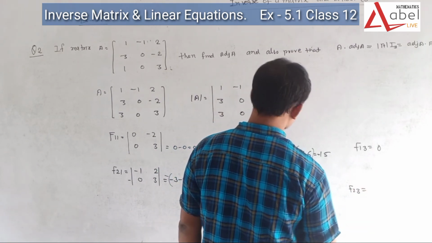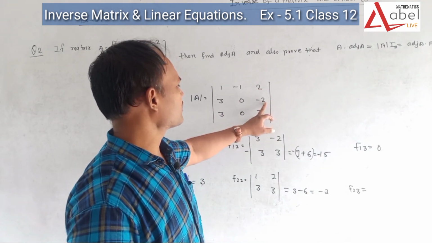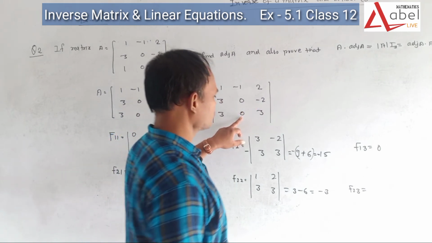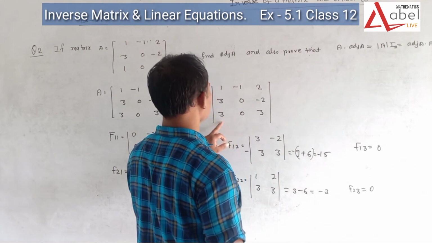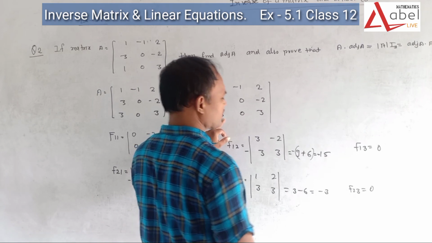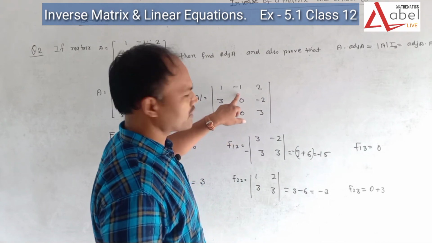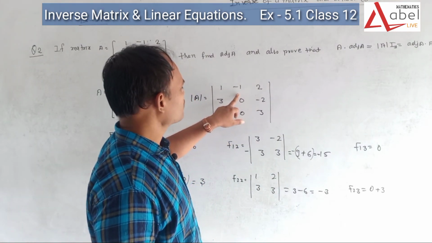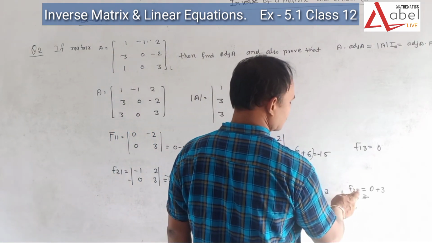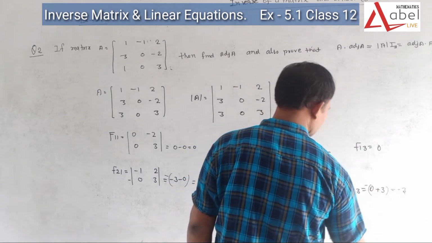So what is F23? F23 means we are going to find it with respect to minus 2. So this row and this column will be removed. So it is 1 into 0, which is 0. 1 into 0 is 0. 3 minus 1 into minus 3, but there is already a negative sign before it, so it is plus 3. It is 0 and 3 minus 1, so it is minus 3, but the negative sign is also before it, so minus minus is plus, it is 3. For 2 plus 3, which is 5, we have to use a negative sign before it, so the value is minus 3.